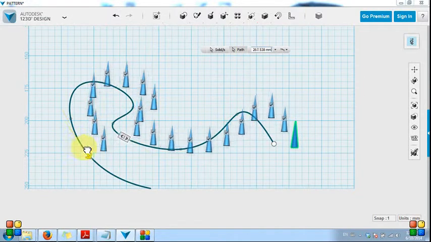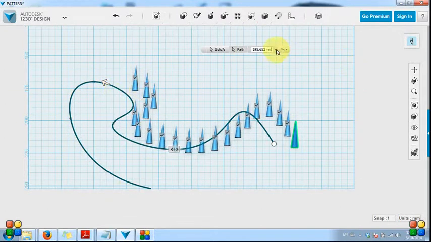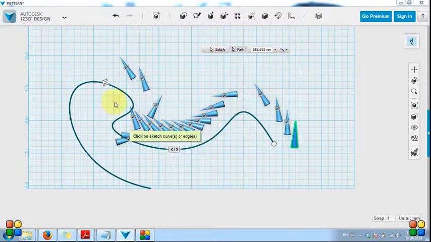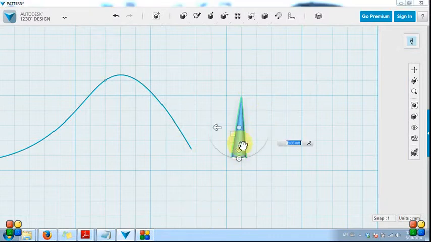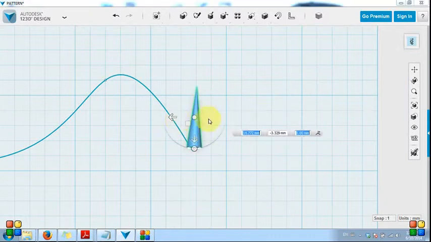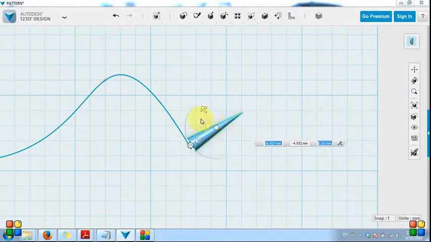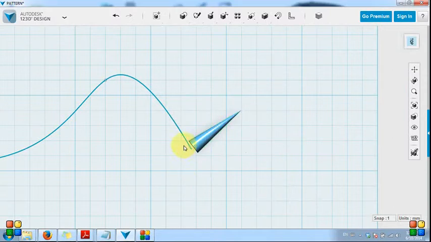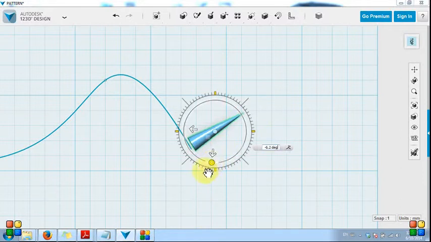So you see all of them are pointing in the right direction. It's maybe not what you want. So you can go here and choose path direction. So this also looks a bit messy, but if you want it nicer along the path, before you copy, take your object, move it to the spline and rotate it so it's perpendicular to the line. So we want our first one to be here,